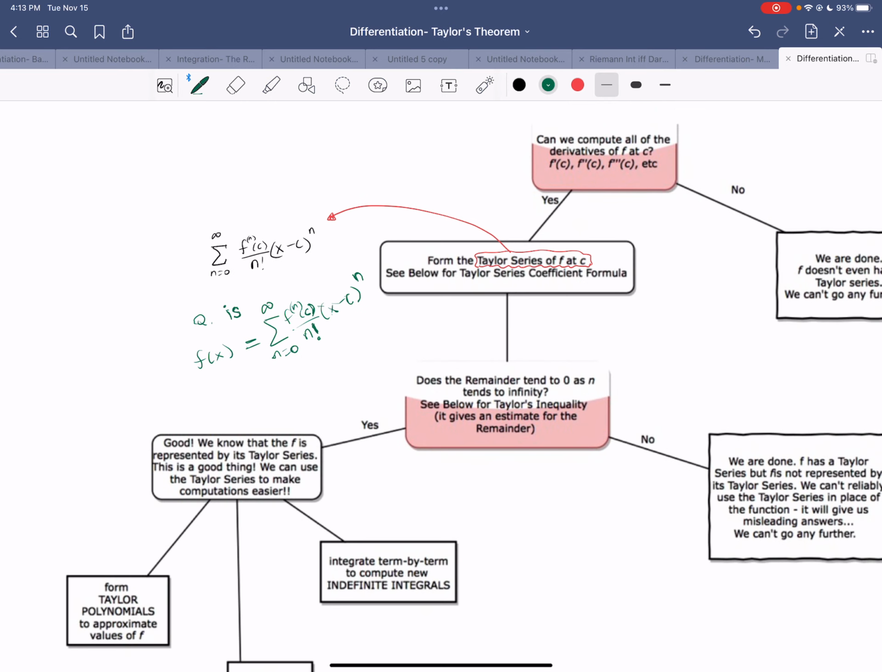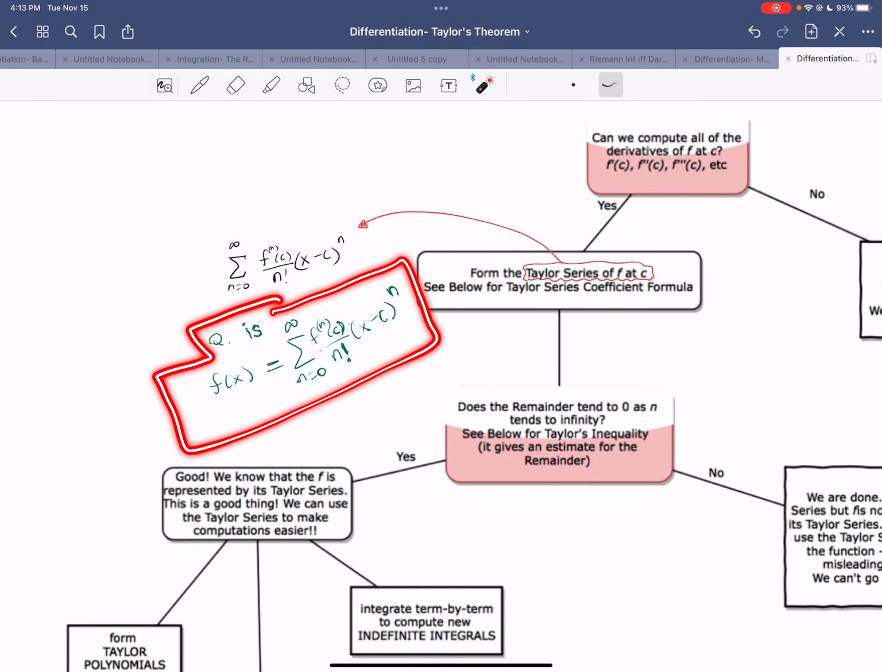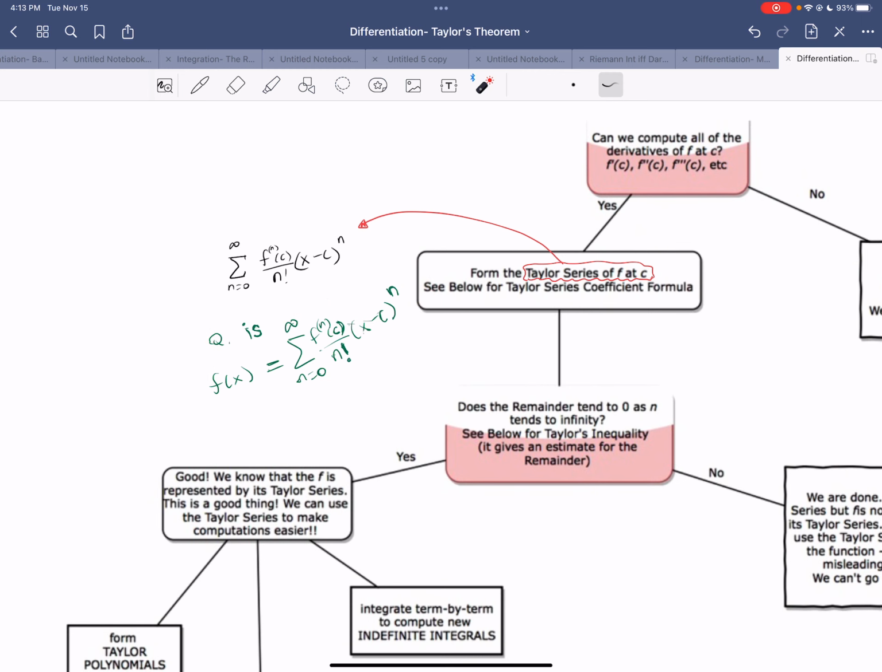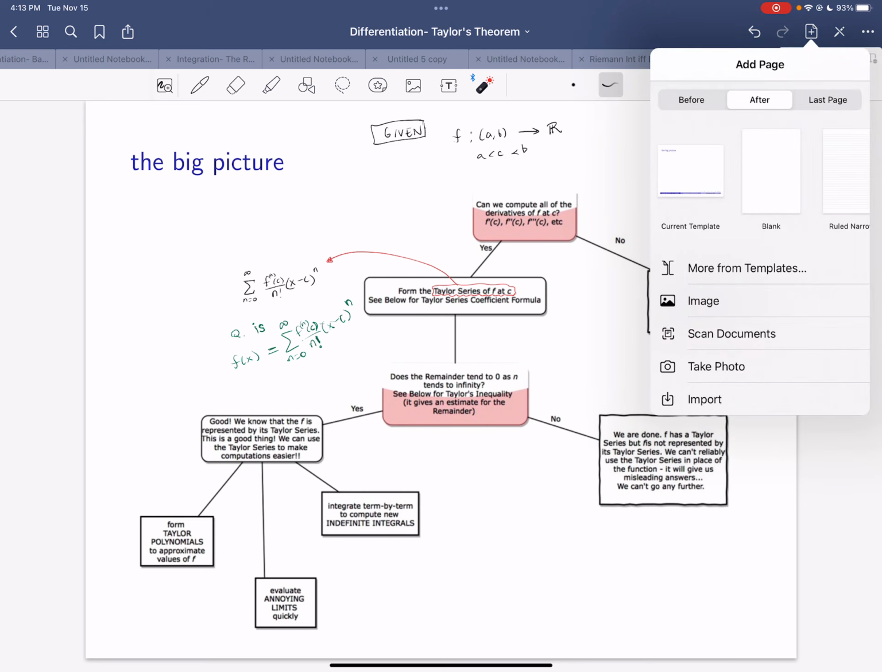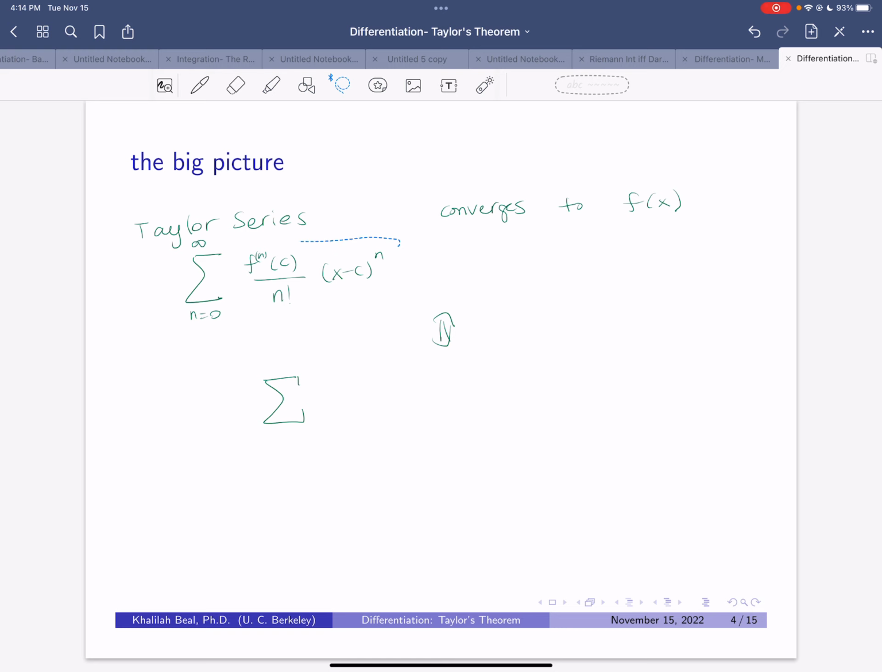And to answer that question is the same as answering, does the remainder tend to 0 as n tends to infinity? So let's go back and think about what it means for our series to converge. A series converges if and only if its sequence of partial sums converges. So our series, the Taylor series, converges to f of x if and only if the sequence of partial sums converges